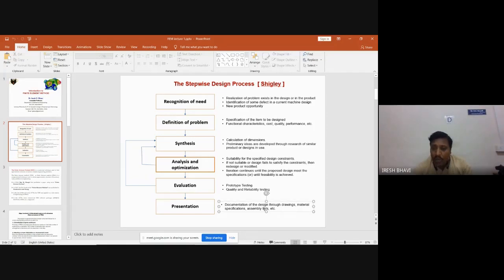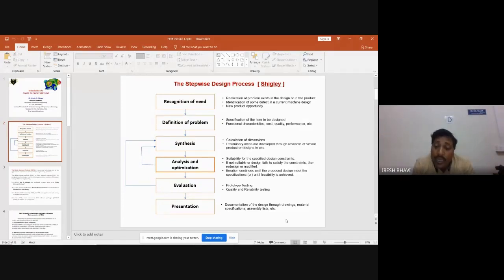I think you have seen the assembly drawing, no? In the assembly drawing, at the right bottom corner, you might have seen one table in the sheet. In that table, they will mention the material of that part, everything will be mentioned, and the dimensions of that part will be available in the drawing itself. So the presentation will be in terms of engineering design drawings. Okay, so that is the documentation of the design.